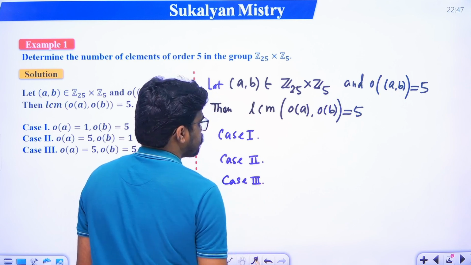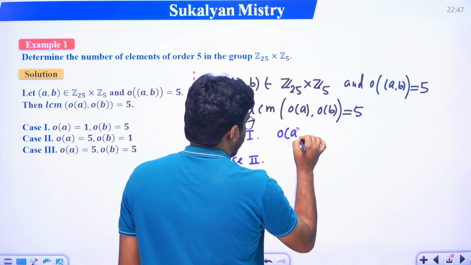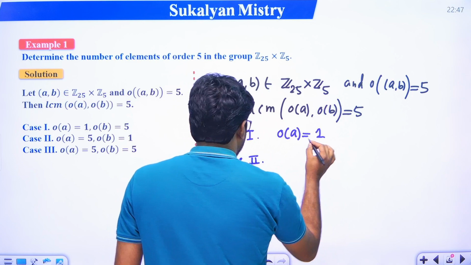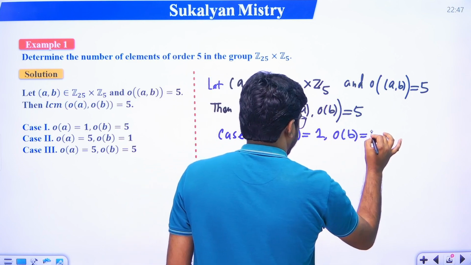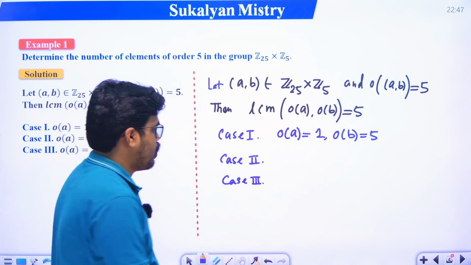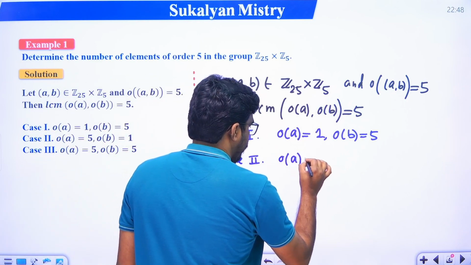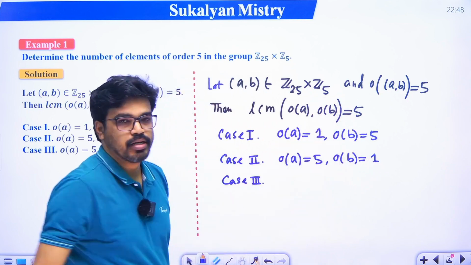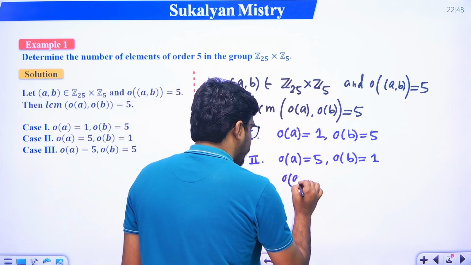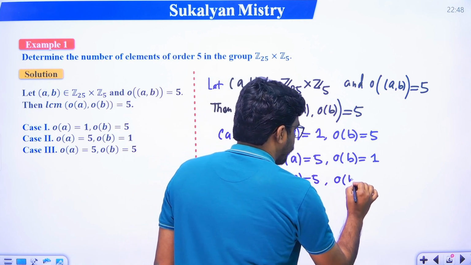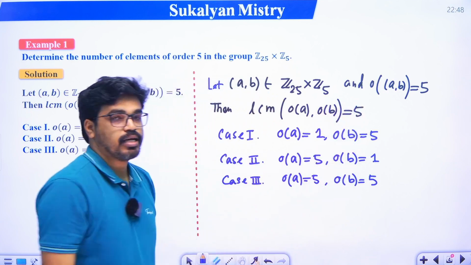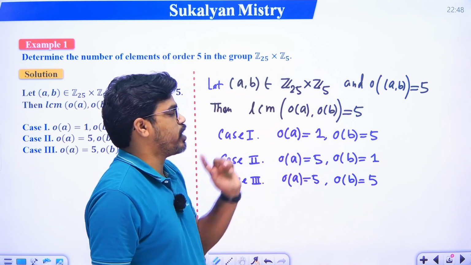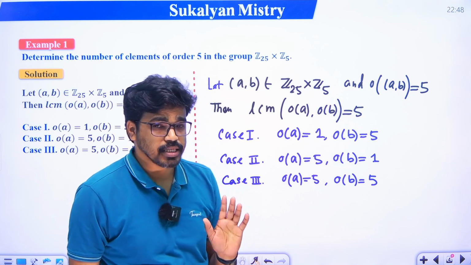case 3. First case, suppose order of A is 1, okay, order of B is 5. So 1 and 5 LCM koro 5. Order of A is 5, order of B is 1. 5 and 1 LCM, that is 5. Order of A is 5, order of B is 5. So these are the three possibilities, right? So now we consider each case. ঠিক আছে? Now just see,